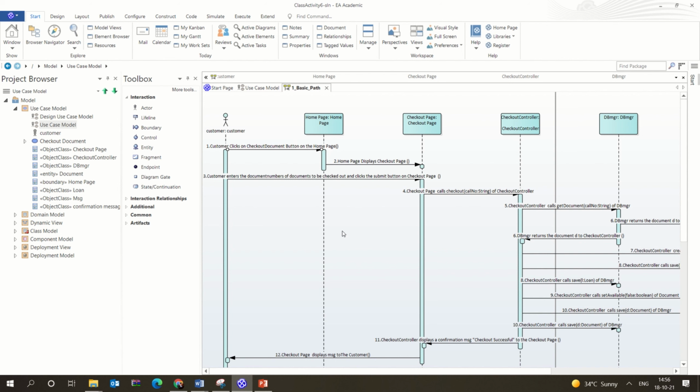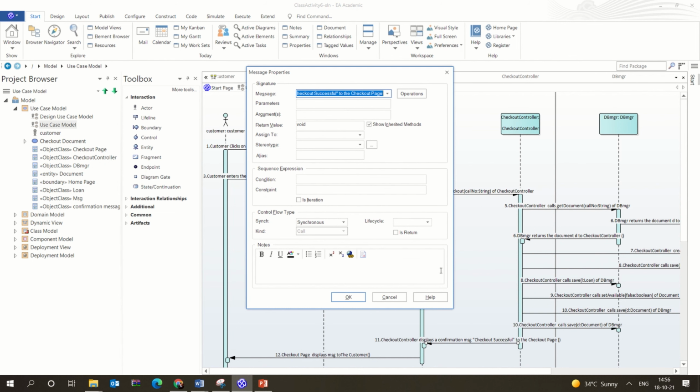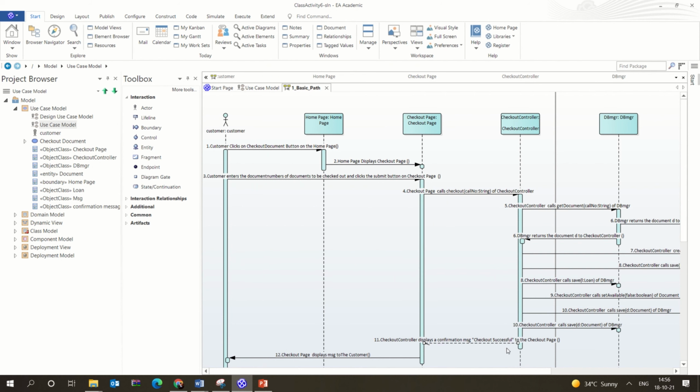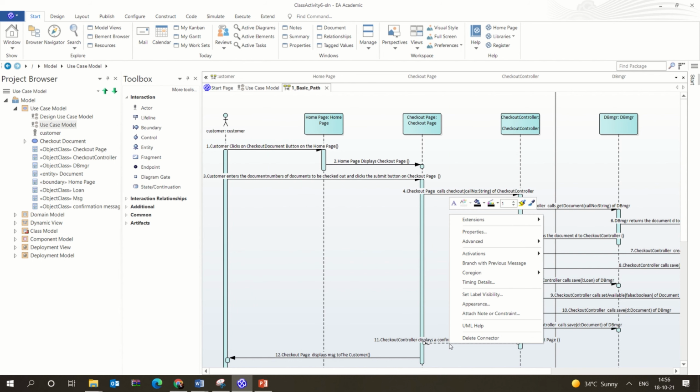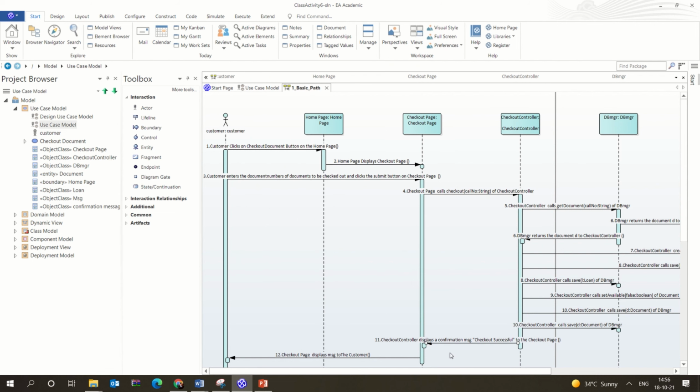Okay, so that is not going to affect the other actions which are happening in the loop, in the order. You're getting my point? So that's what is asynchronous message and synchronous message. And say if you want something as a return, then if you click on the is return, what happens is that you could see that this has changed into a response message. So now this is a return message. You're getting my point? So if you want to make it as return, you can just click on the is return. Otherwise it will be a normal synchronous message as such, or asynchronous according to how you have actually framed it.